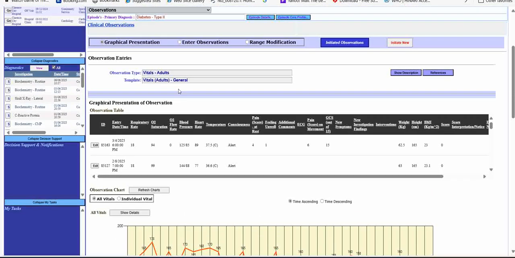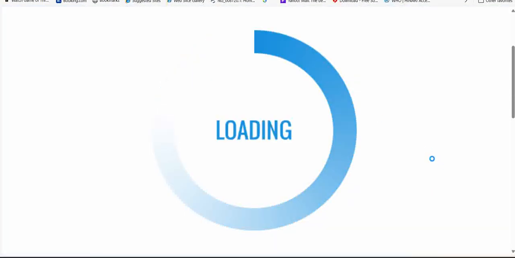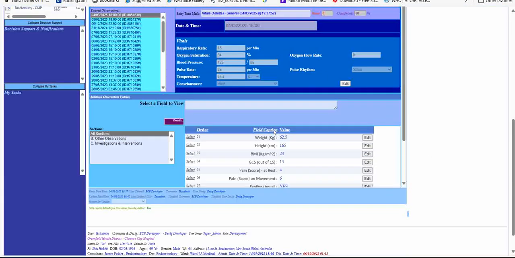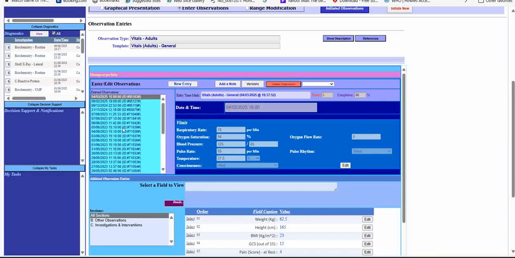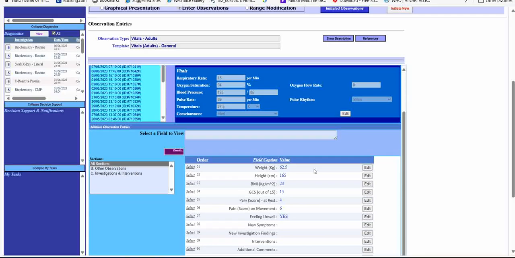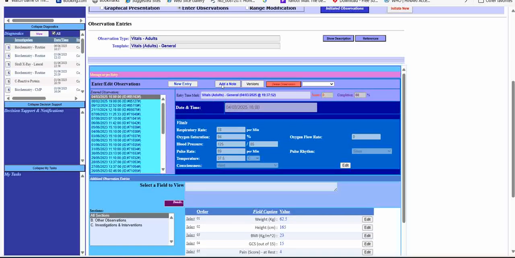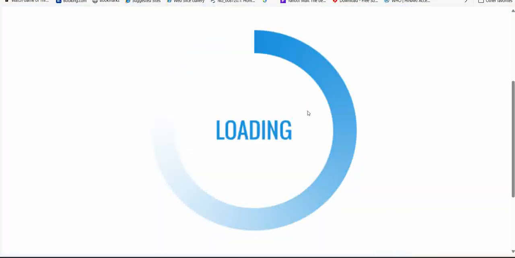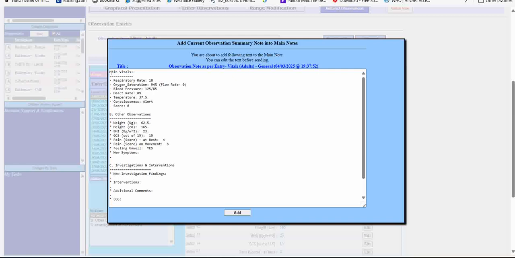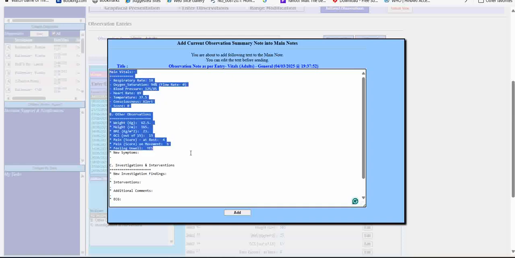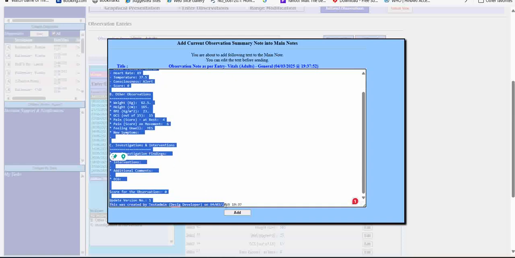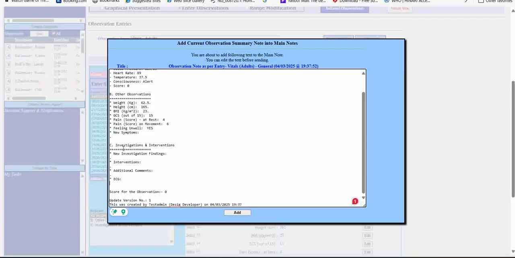And what I'm going to do, I'm going to enter an observation. At the same time, I want to put a note, right? While I'm putting the entry, let's say I have put a new entry. This is the new entry I have. And I want to put a note as well. Then what I have to do, just click this one. Then that would come as an entry or else a new note, which goes to the main progress note. So now here,